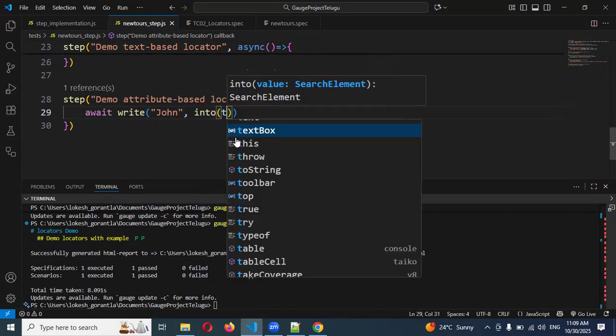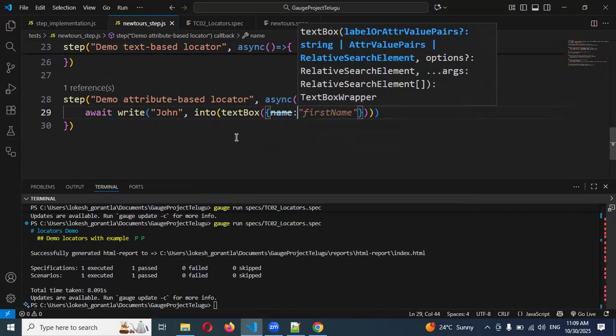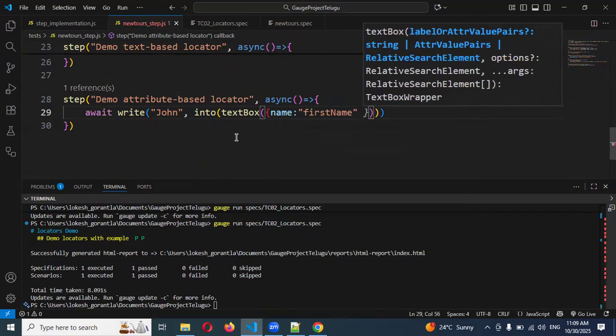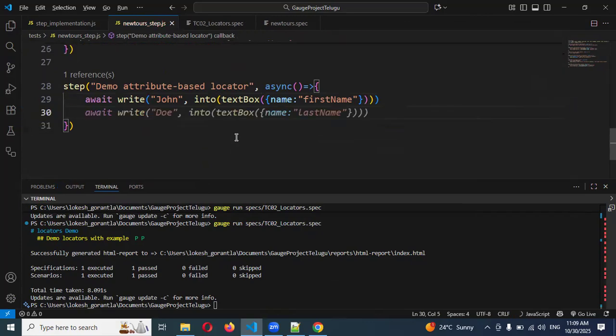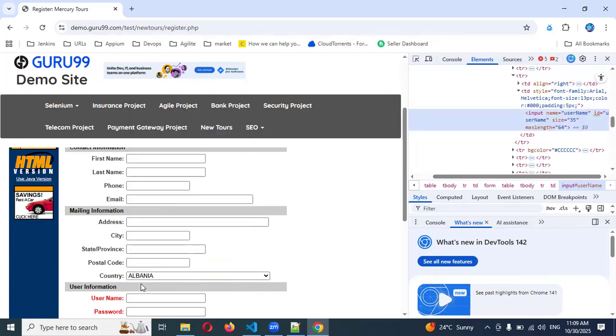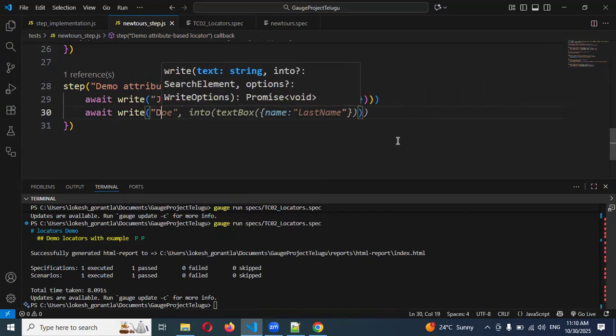into a text box. Okay, and then name, my value. Okay, this will do for name attribute. And if you want to fill that remaining, here I'll take for ID. Okay, this is my ID attribute I'll take. Await, right, then